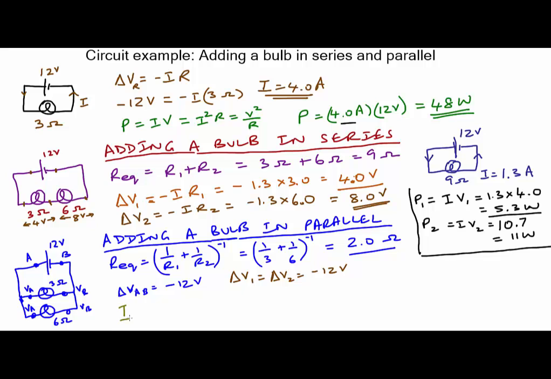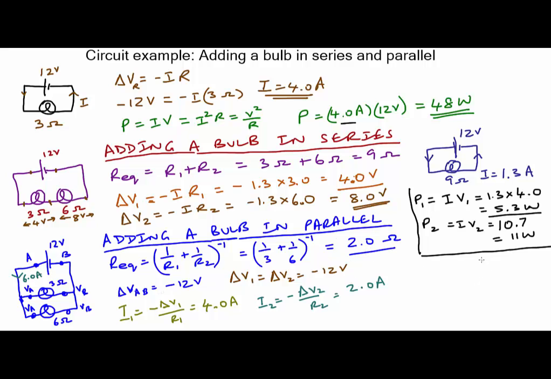So I would get I1 equals minus delta V1 over R1, which would be minus 12 volts divided by 3 ohms. And the two negatives will cancel each other, and I'd get an answer of 4 amps. And similarly, I2 would be minus delta V2 over R2, which would be negative of negative 12 divided by 6 ohms, which would give me 2.0 amps. And when I put these together, the current out of the battery has to be the sum of I1 plus I2 because it splits here at the junction. So this would be 4 plus 2, which would be 6 amps,